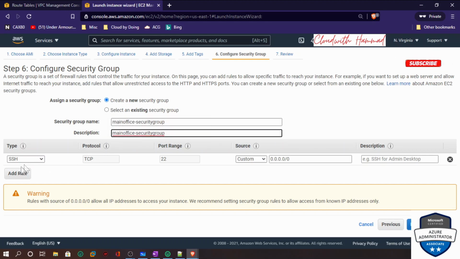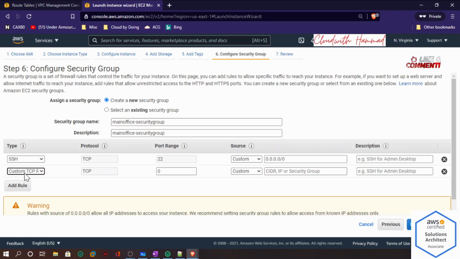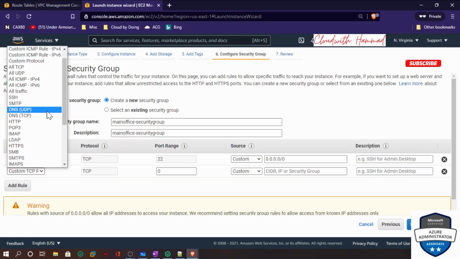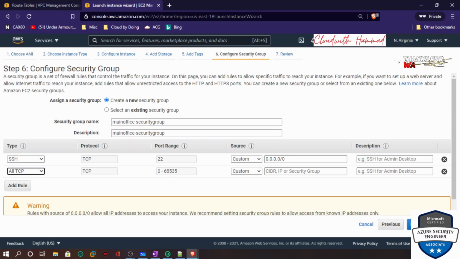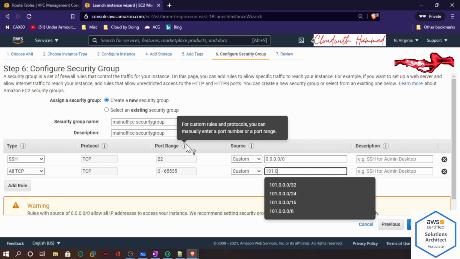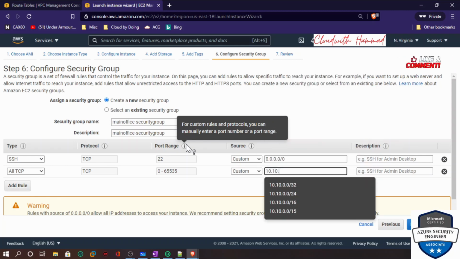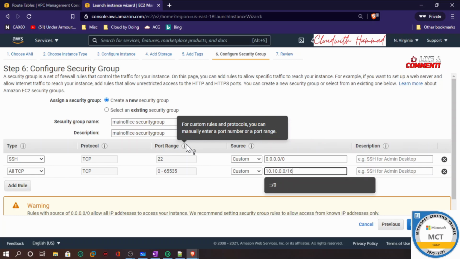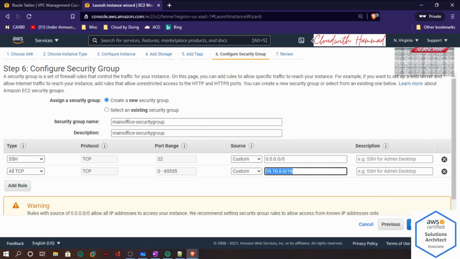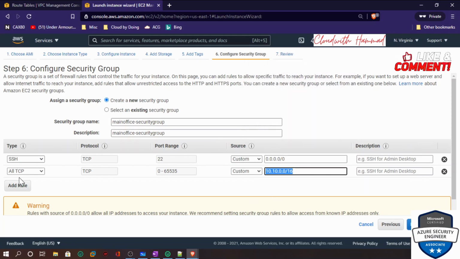Now what we need to do is make sure that all the ports are open, let's say all TCP. The CIDR block for main office is 10.10.0.0/16, because this is a main office building machine we're deploying, so making sure that any TCP for this CIDR block